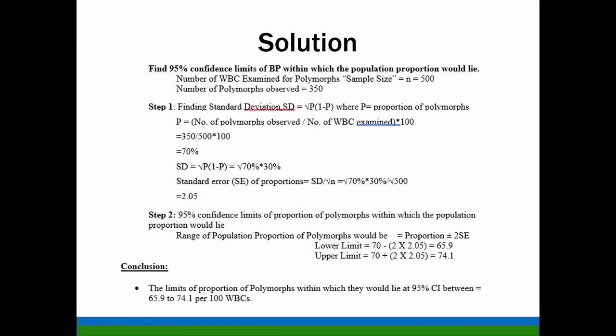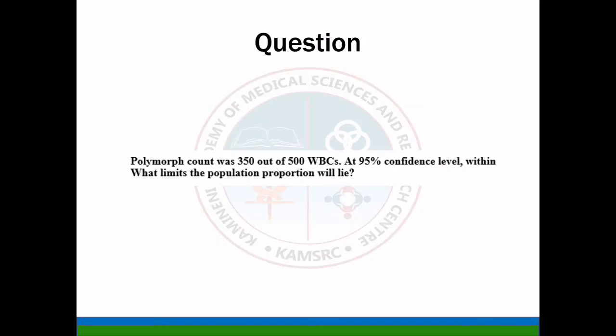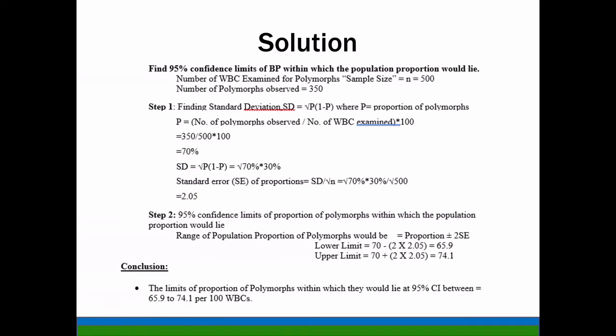So, when it comes to the solution, find 95% confidence limits of BP. Not the BP, limits of the polymorphs. Sorry, this is not answered properly. Make a correction in this. 95% confidence limit of the polymorph,